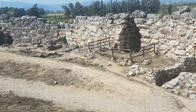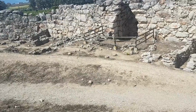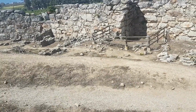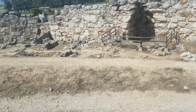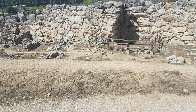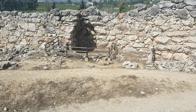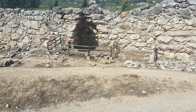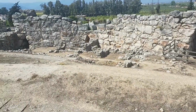Moving along, you can easily see that bigger gate there, which turns as well. So it's not like you can come at the gate directly, as people would have had to turn a corner. And my intuition tells me that that was probably for animals. Maybe it was for horses or something like that. The reason I think that is because if I go down a little bit further,